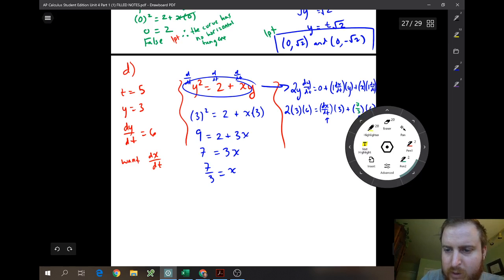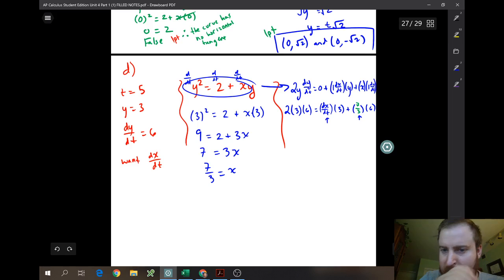And so now we can solve. 2 times 3 times 6 is basically 6 times 6, so that's 36 equals 3 dx dt, plus, and then the 3 and the 6 can cancel, and 2 times 7 is 14. So we'll subtract 14, 24 equals